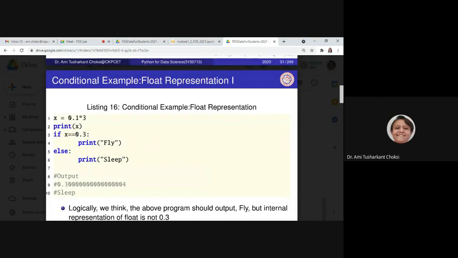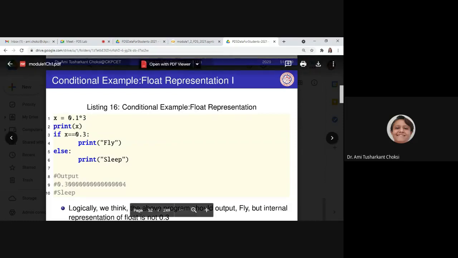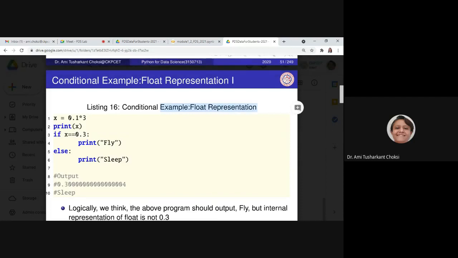0.1 into 3, according to maths or our belief, is 0.3 only, but the computer does not have it as 0.3 because it has a different representation.